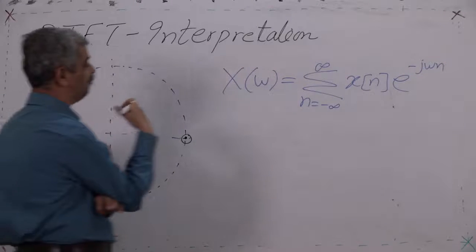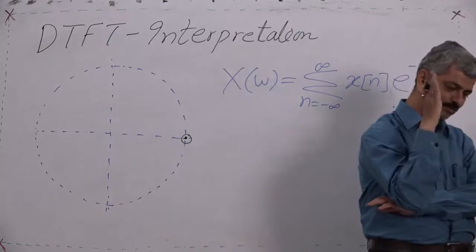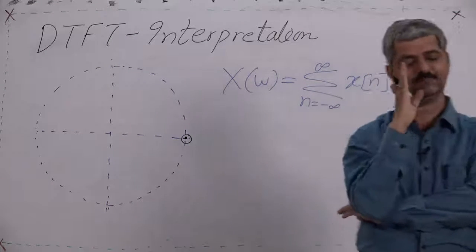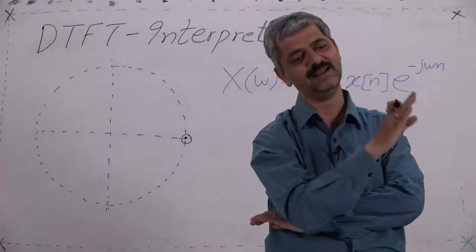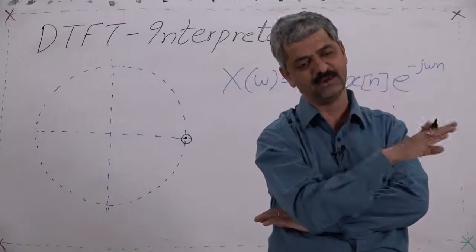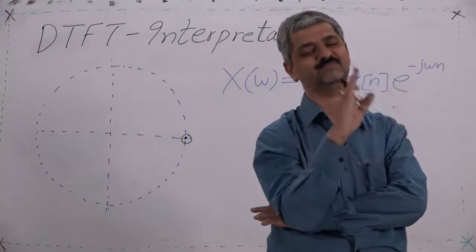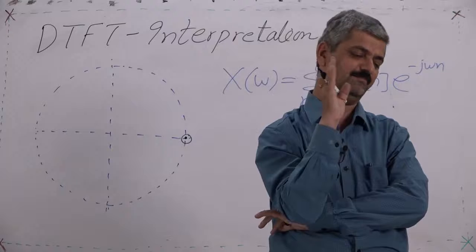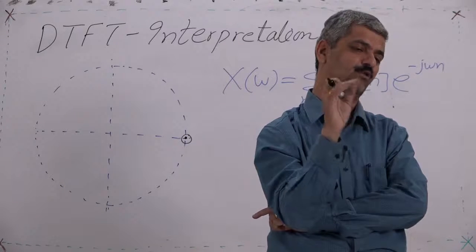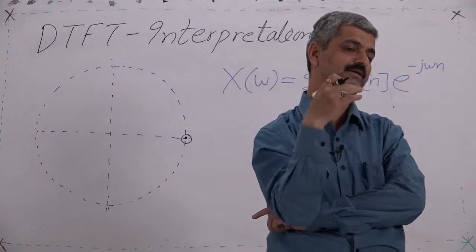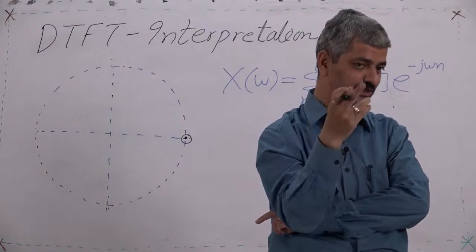the point, if omega is positive, so omega is having value from 0 to pi and from 0 to minus pi. Even if we consider from 0 to 2 pi, the region from pi to 2 pi is as good as the region from 0 to minus pi. So let us have a clear idea of minus pi to pi. So rotating, when omega increases, and omega is angular speed, in case of continuous thing it was a rotating point.